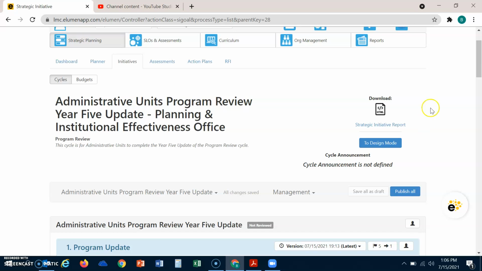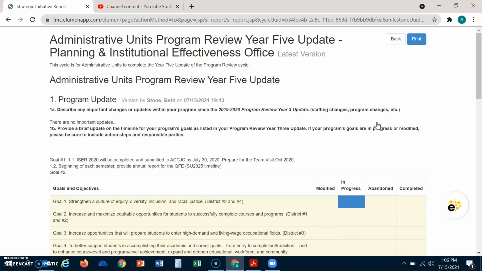After I publish it, I can download a PDF of my Program Review Year 5 update. I could do so by clicking on the link labeled Strategic Initiative Report. I click on this, the screen appears showing my Year 5 update, including the questions and my responses. To save it, I hit Print,